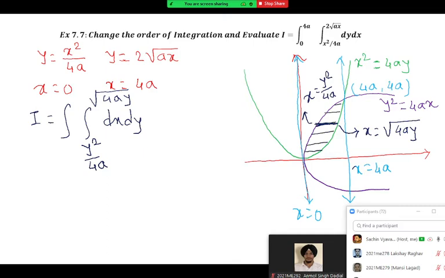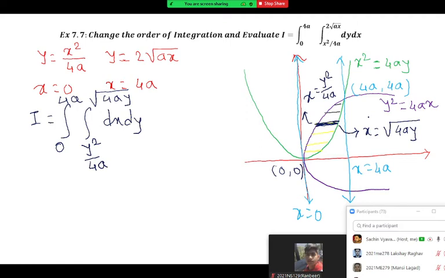And lastly, the minimum and maximum value of y over the region: 0 to 4a is the correct answer. It's actually the point 0, 0 and the point 4a, 4a. Because of that, we'll get this. So that's the change of order. Any doubt in change of order? You have to see the left hand and right hand touching each curve whenever the strip is horizontal. Now just integrate it one by one and find the answer.